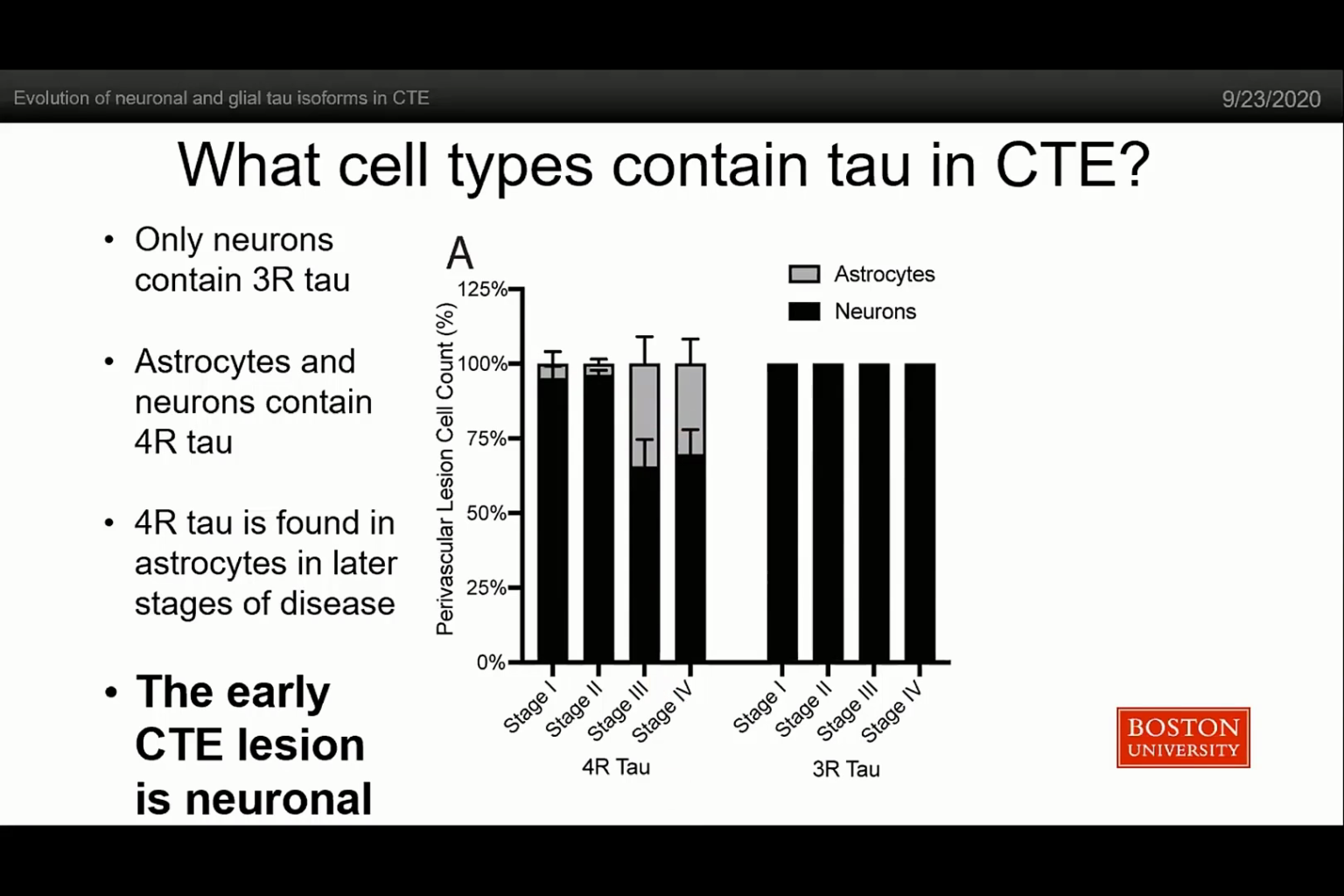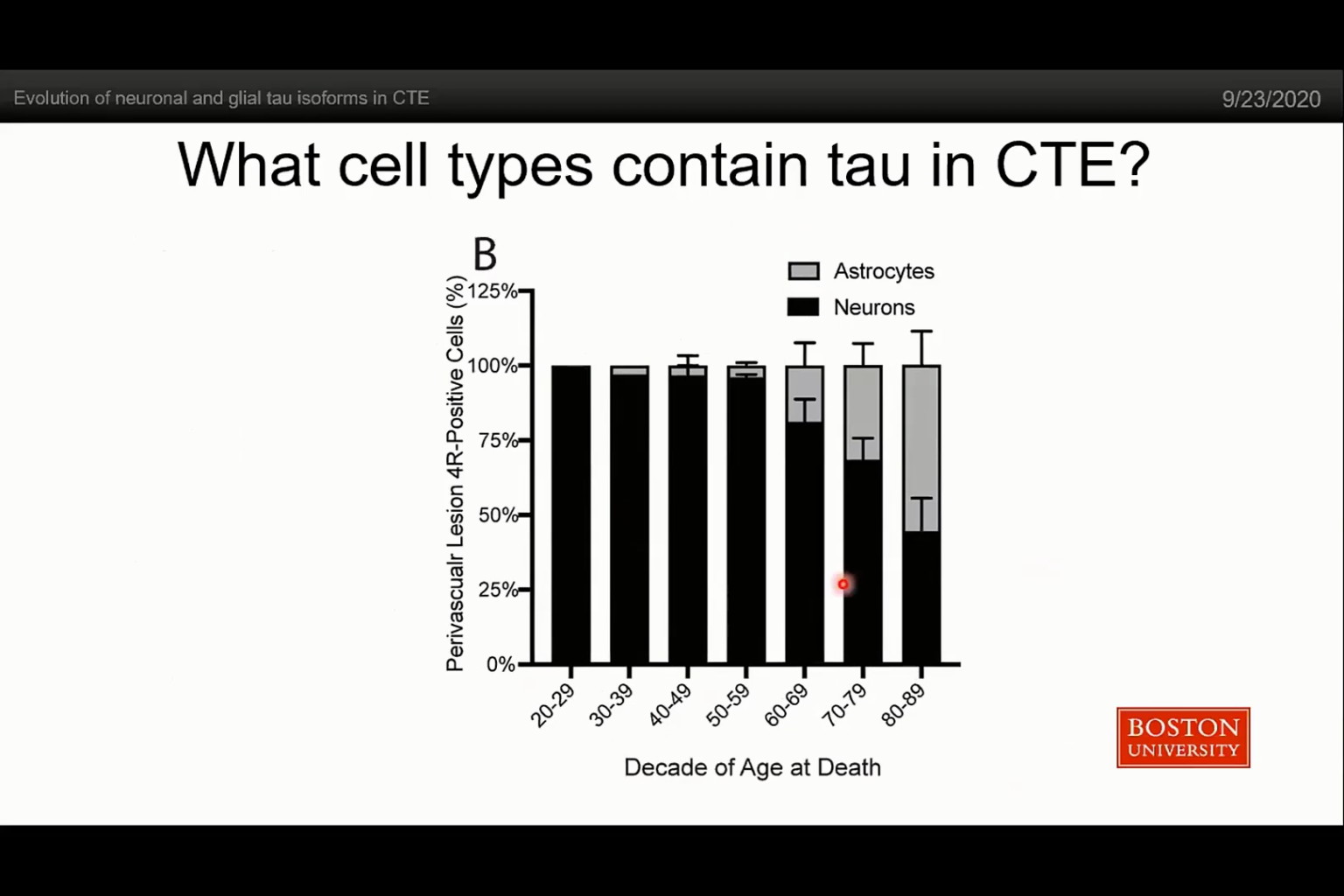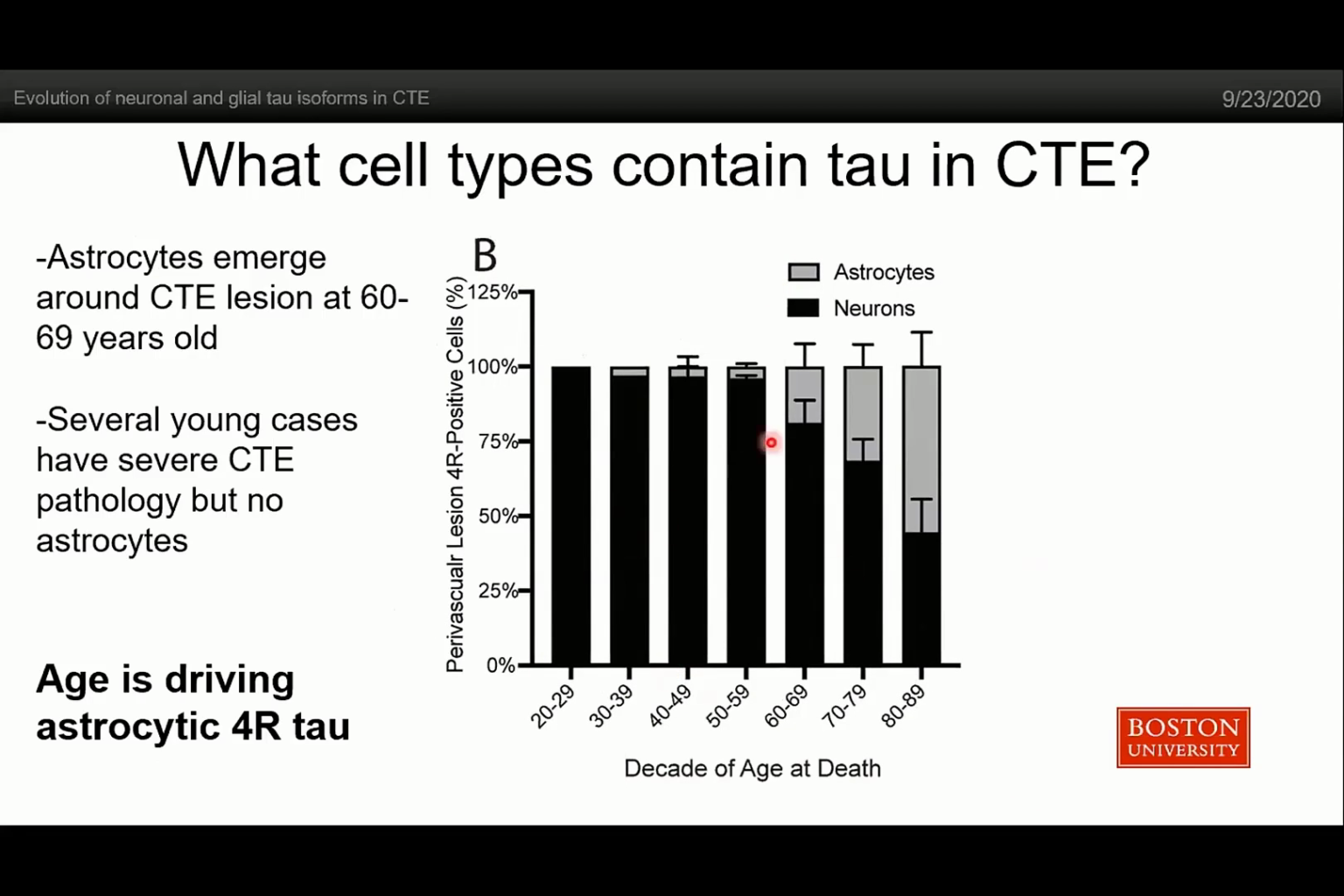One thing that segregates this late stage CTE or high stage CTE from the early stage CTE or low is that these individuals tend to be much older. So we figured that this might be a product of age and not pathology. So we plotted all of our cases by decade of age of death and did the same sort of ratio analysis. And what we end up seeing is that you only start to see astrocytic tau, 4R tau. This is all 4R tau because only astrocytes have 4R tau. You start to see it emerge about 60 to 69 years old,